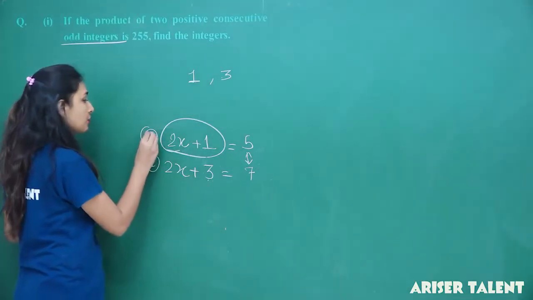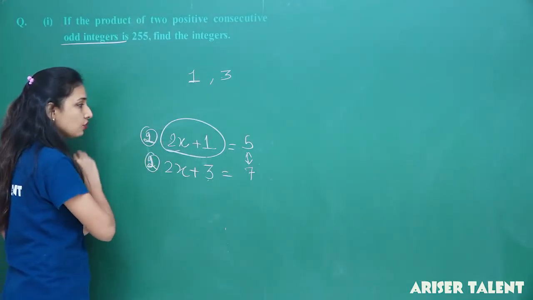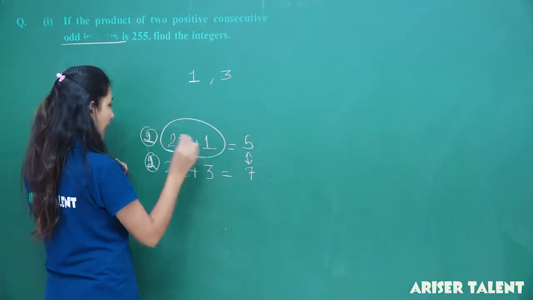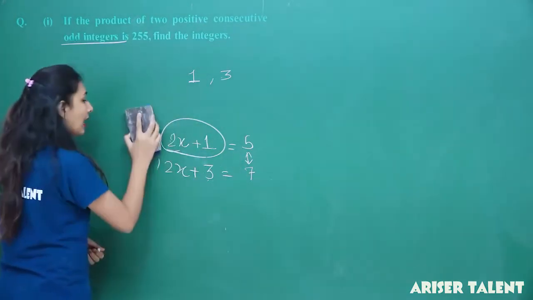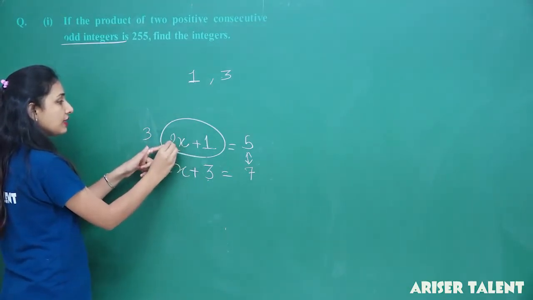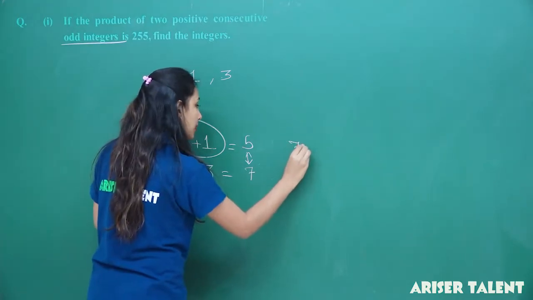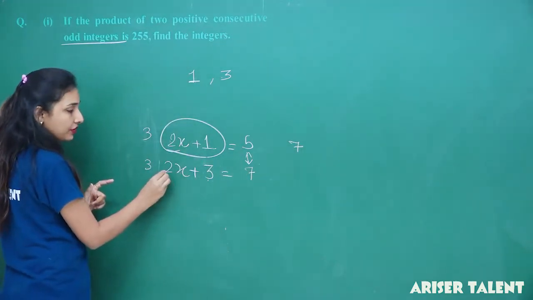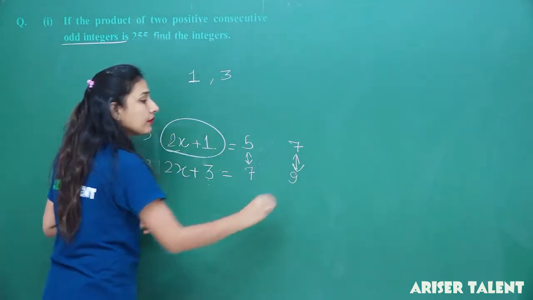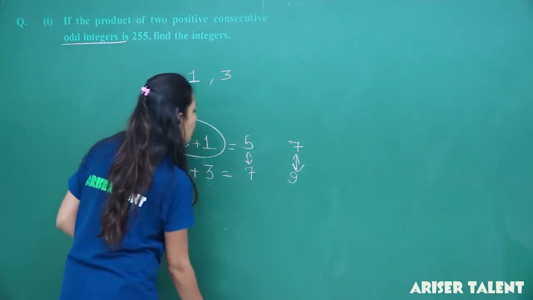Now if I take this value as 2, then 2 to the 4 plus 1 is 5. Now I will take the value equal to 3, so 3 to the 6 plus 1 is 7, and 3 to the 6 plus 3 is 9. These are again consecutive odd numbers. So this formula